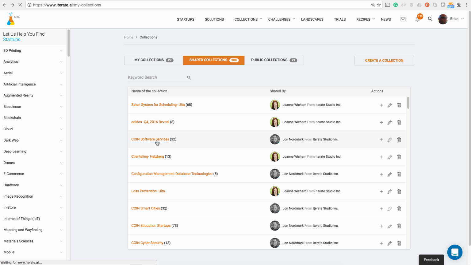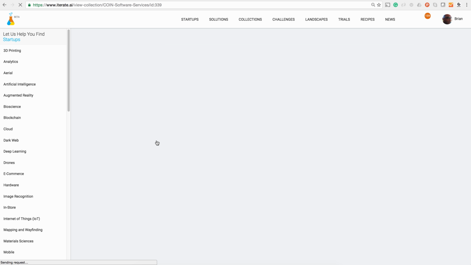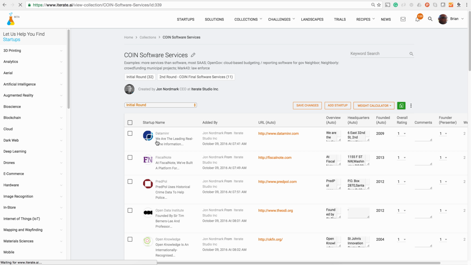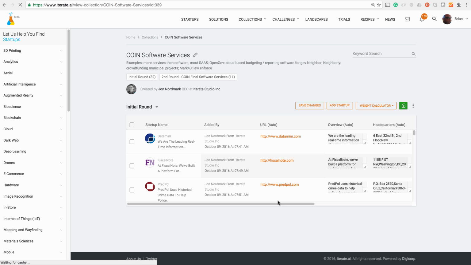We selected a series of startups in this case, and then we ended up going through a second round of evaluation where we graded the startups in the first round, and the finalists were promoted to the next round. Here it'll tell you that in the first round you have 32 companies, and in the second round you have 11 companies. So you could go on in a cyclic manner like that on a continued basis and find out the final two or three startups that you're really interested in working